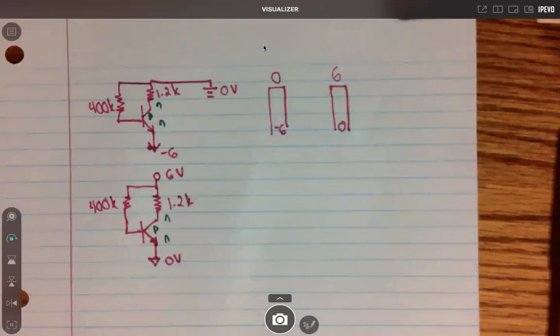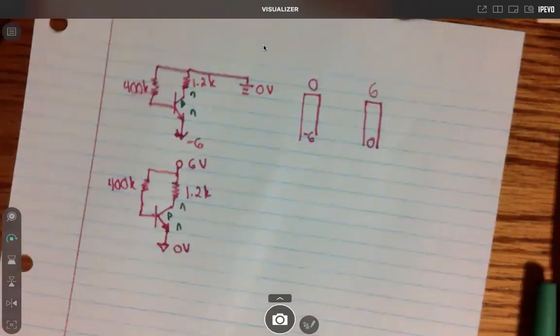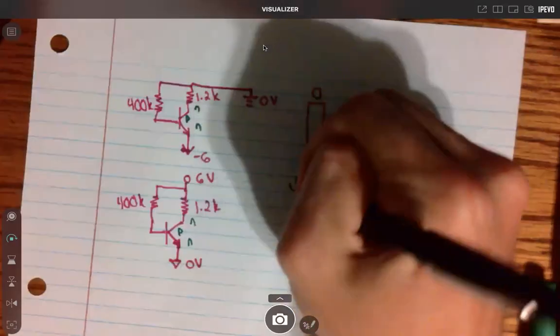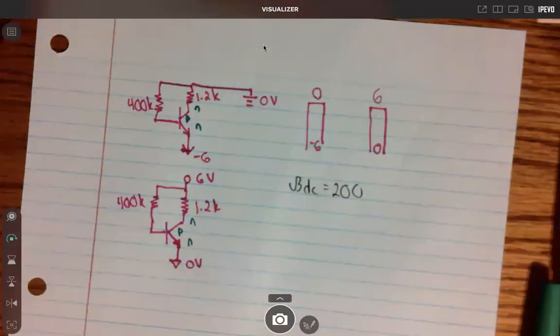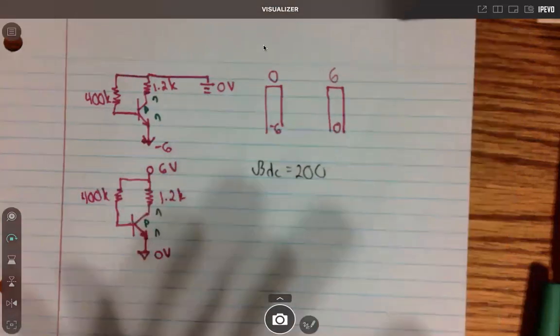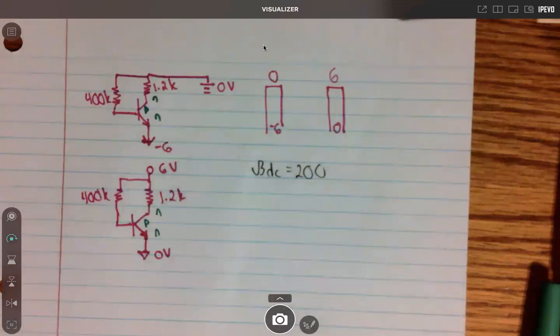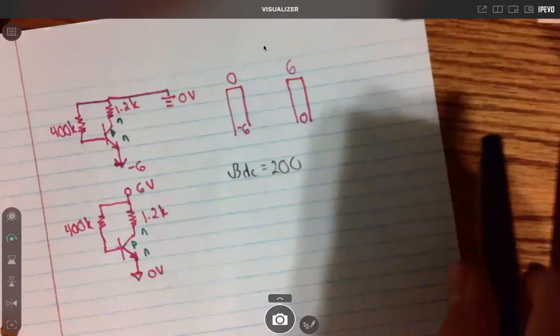So remember what I said from before. We have the beta value known of 200. They gave it to us: beta DC is 200. That should be like, oh, beta value is known, simple biasing, let's do DC mode. And so what's going through your mind right now is how do we solve for this? Personally, we need to see: is this active mode or saturation mode? So let's see, IC is equal to